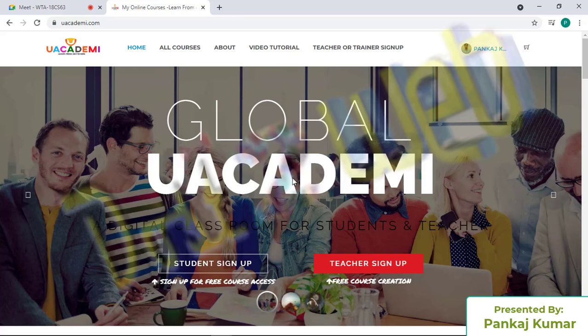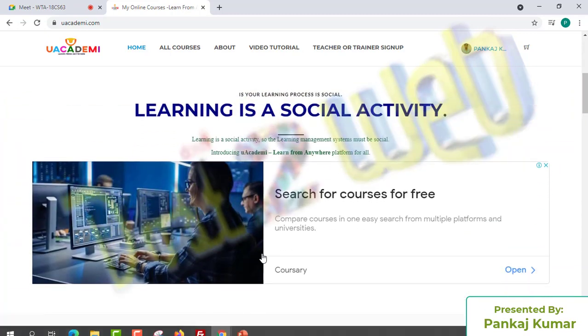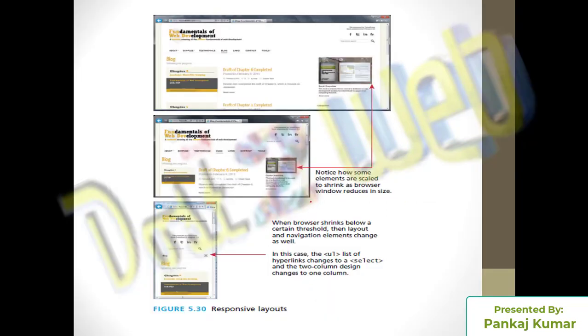If you open it in Google Chrome, it is working fine. Check in Mozilla, check in Microsoft Edge. At least these three different browsers, you have to test your application, even including JavaScript, to see whether everything is working or not. Then only your application will be perfect. That's what this responsive layout example shows.